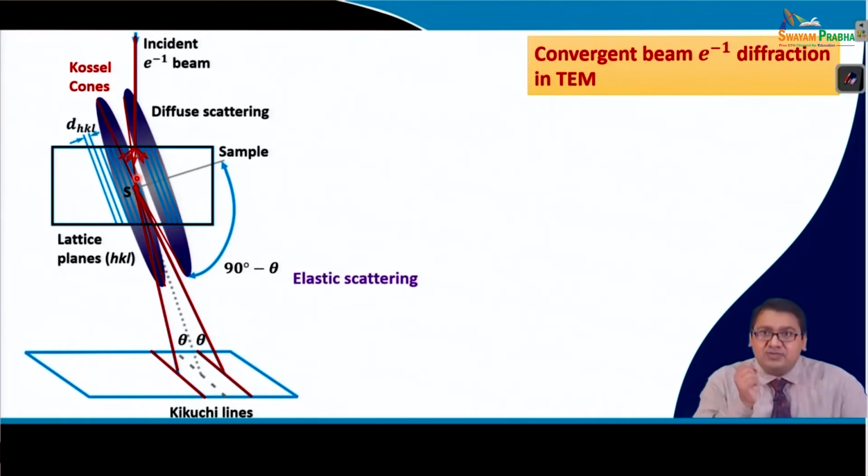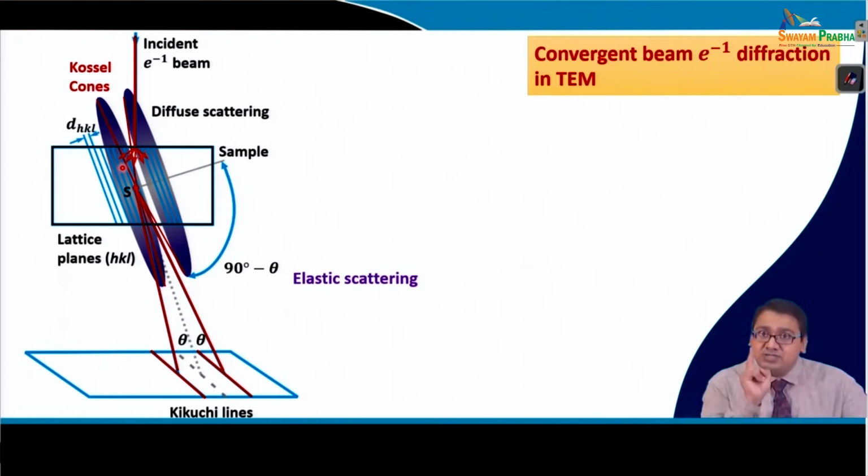Now, when this kind of multiple scattering takes place, the scattering becomes inelastic, and the angle at which it scatters decides the intensity of the beam. So, the higher the angle of scattering, the more times the scattering has taken place, and therefore the angle is higher and the intensity of the beam is lower. Now, when such inelastic scattering takes place and the beam seems to come out in all possible directions from inside the sample, then if a final scattering takes place,